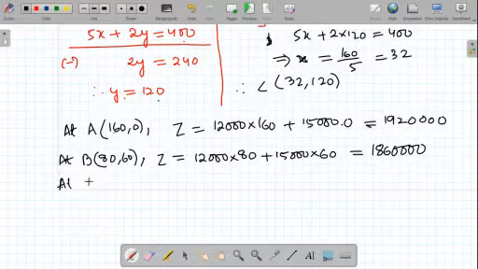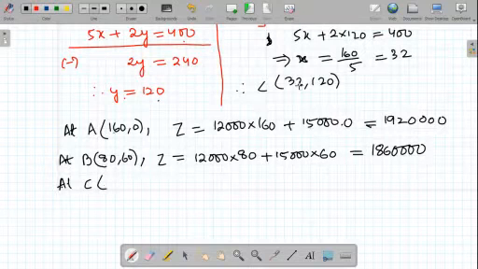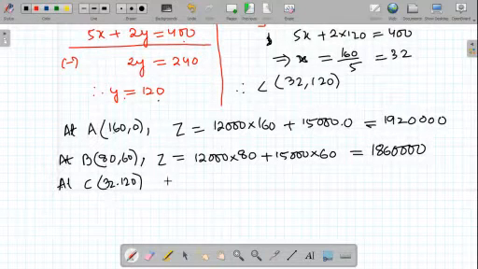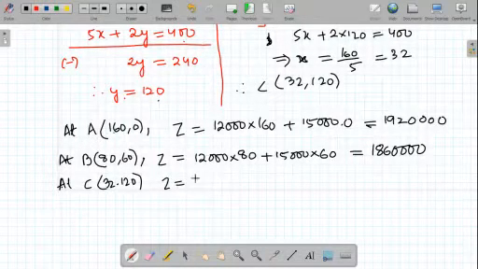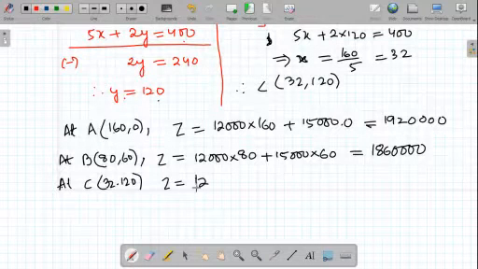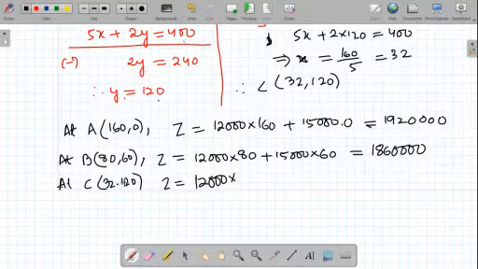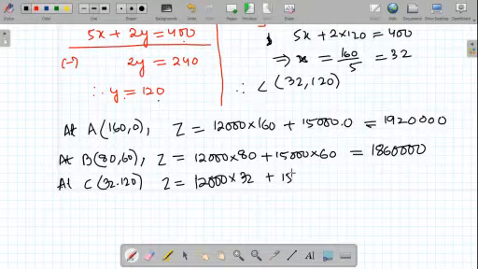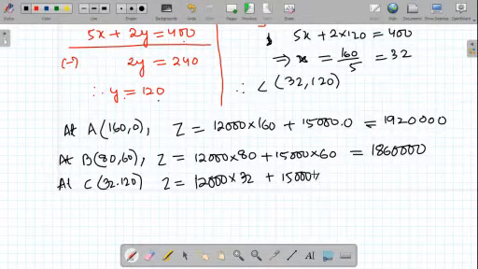Now let's calculate at C. Okay, what is C? 32 comma 120. So the value of Z is going to be 12,000 into, what is X here? 32 plus, what is